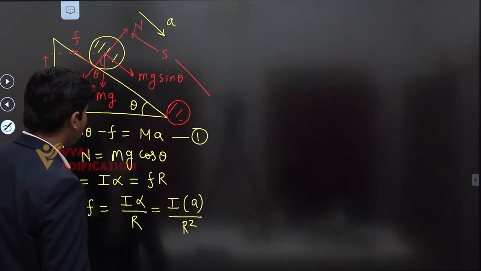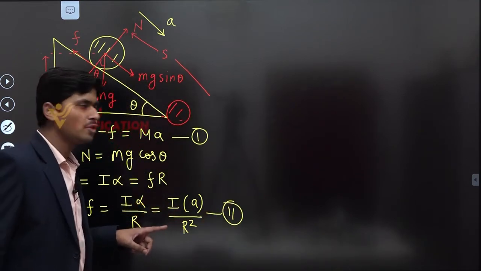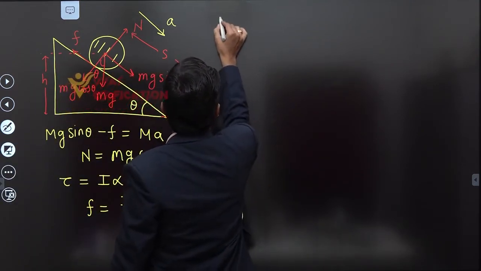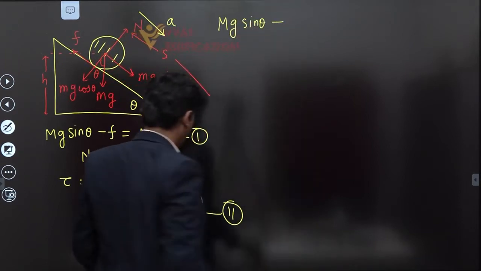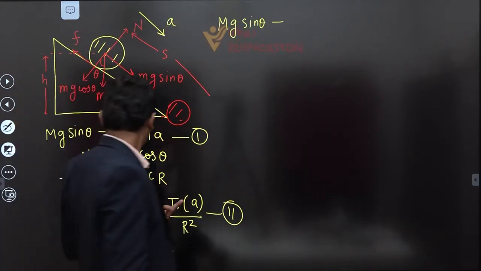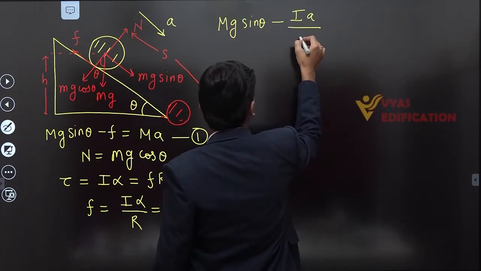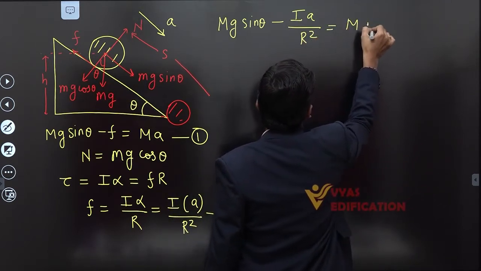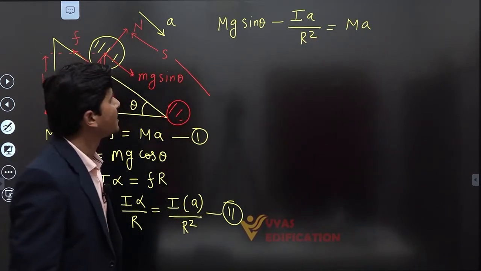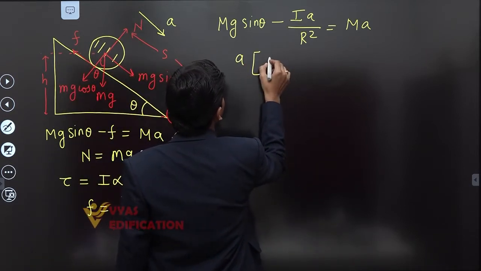So now I can put this value, let's suppose we are using equations number 1 and 2, and we can write like this: mg sin theta minus the value of friction, we are having Ia upon R square. Clear? And this should be equal to ma. Clear to everyone? Yes. So from here we can write like this, acceleration, this is given by